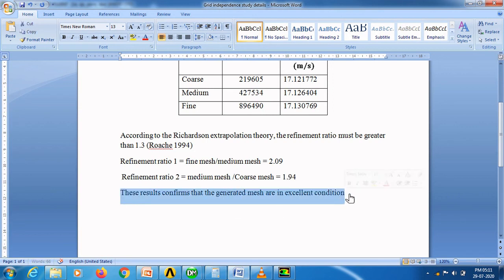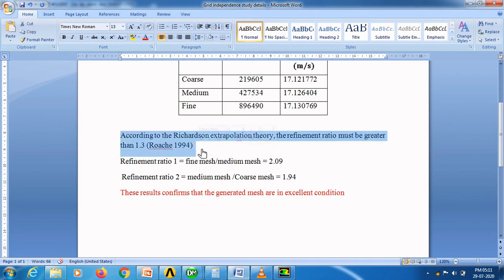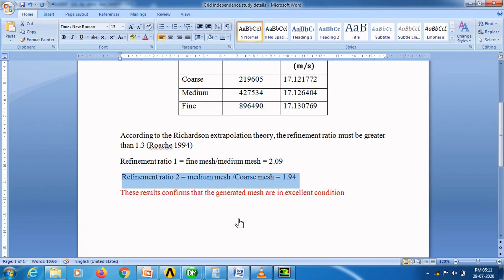These results confirm that the generated meshes are in excellent condition. According to the Richardson extrapolation theory, the refinement ratio must be greater than 1.3. Here refinement ratio 1 is 2.09, refinement ratio 2 is 1.94. It is above 1.3. It confirms that the generated meshes are in excellent condition.